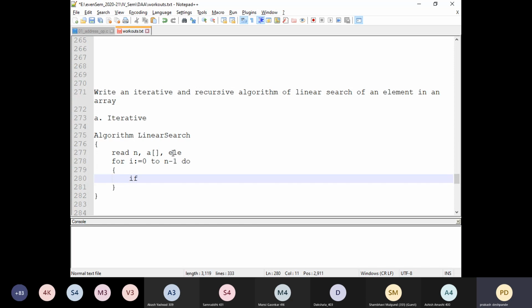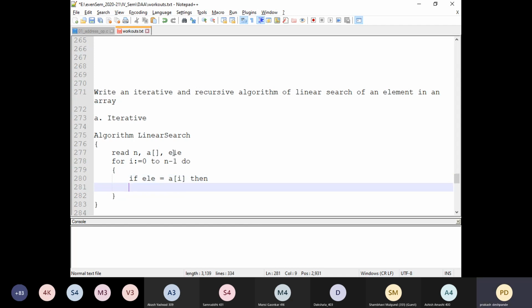So here what I can do: if the element which I am searching equals the array at the given position i, and if it is true, then I can say, let me write a pair of brackets here, that search is successful.